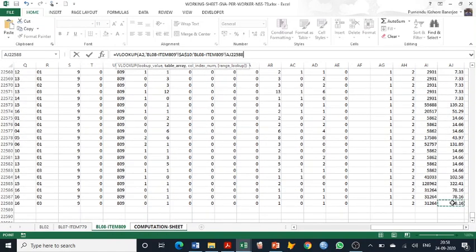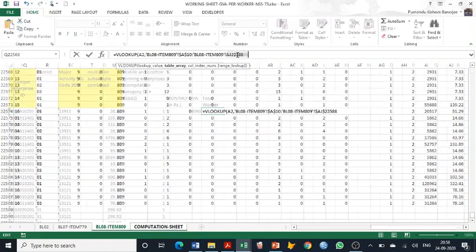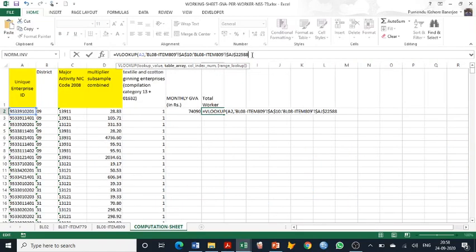So this is the last one, F4, and then we should give the column number.